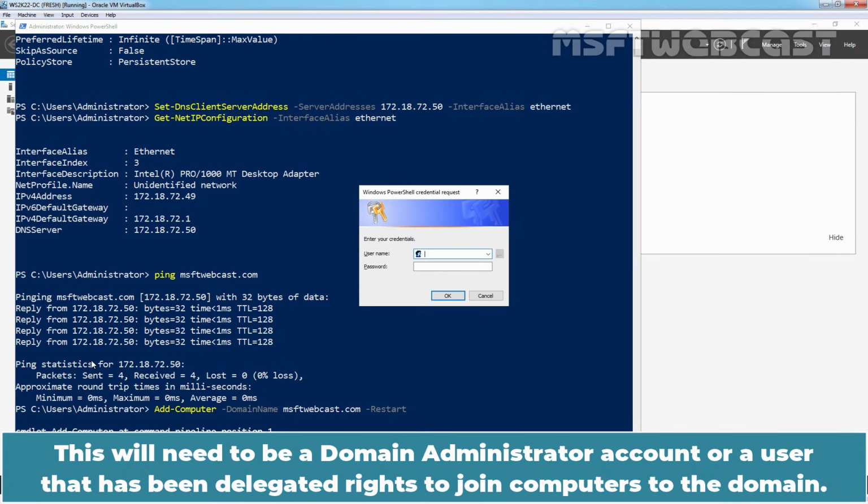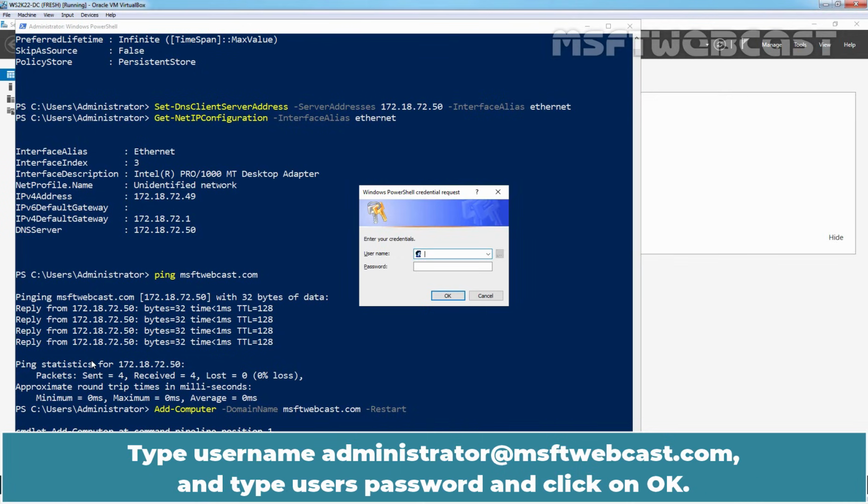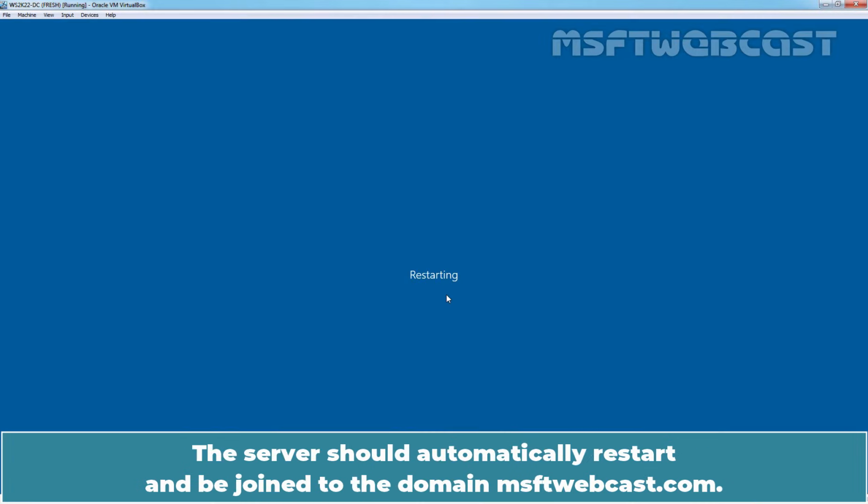This will need to be a domain administrator account or a user that has been delegated rights to join computers to the domain. Type username administrator@msftwebcast.com and type user password and click on OK. The server should automatically restart and be joined to the domain